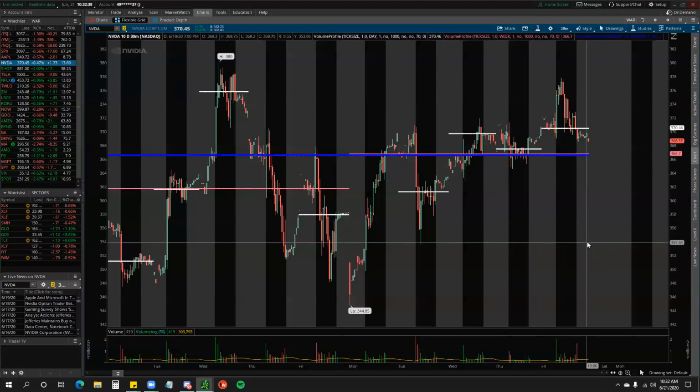So a few examples, guys. What is point of control, and how can we use it? We understand what it is. We understand it's the biggest, most important level of liquidity. We understand stocks move back and forth to liquidity. How can we use it? Essentially, guys, you want to think of point of control as a massive magnet. A magnet and a cannon, where if we're away from point of control, we're typically going to go back to it if it doesn't move. The important thing with point of control, guys, is liquidity can move,